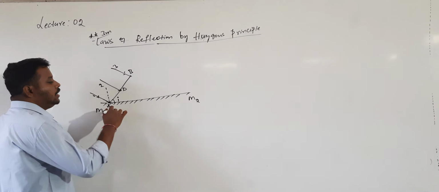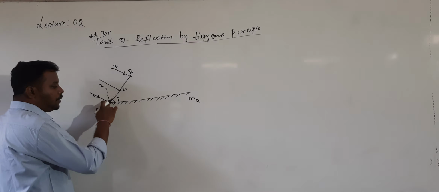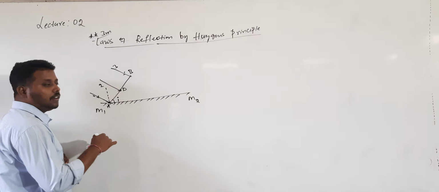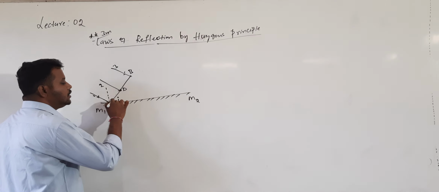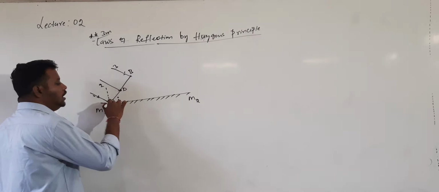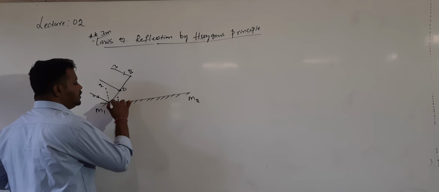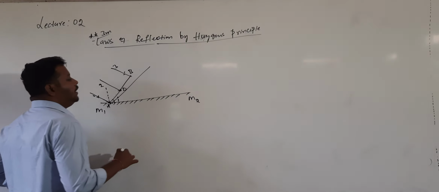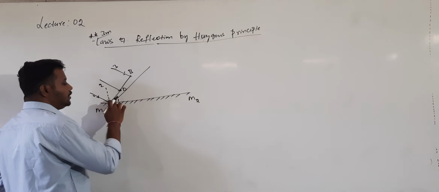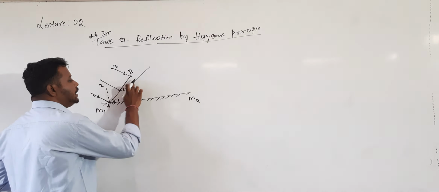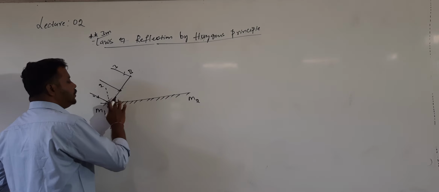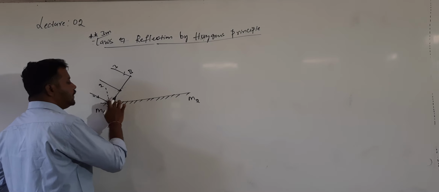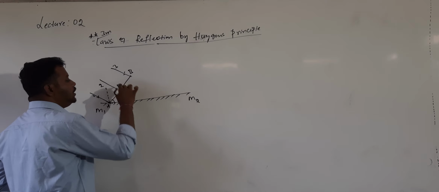Now what happens? The light emitted from A is directly incident on the mirror. What happens to that light? That light will be reflected. Now the reflected light is given by this. Can I call the distance travelled by the light this value? The diagram is very important. This point I will call D.